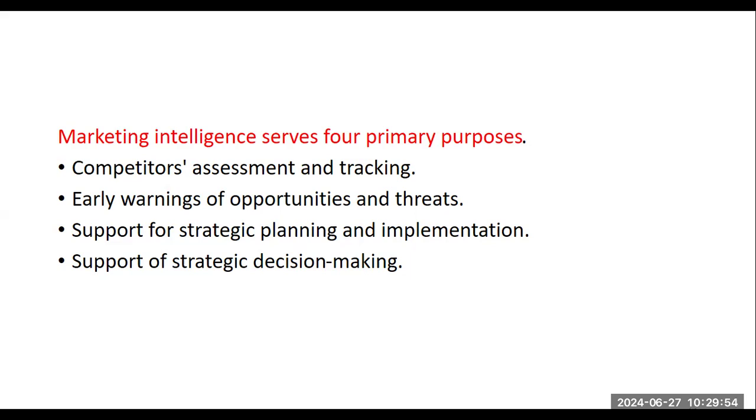For example, you can see Apple. Apple uses marketing intelligence to understand market trends, right? Customer preferences and technological advantage. So continuously, Apple is observing the market to understand the market trends, the consumer preferences and technological advancements. This information supports the strategic planning in areas like product development, market entry, and the expansion strategies, right? Expansion means, for example, data on increasing demand for wearable technology led to the development and successful launch of Apple Watch, right?